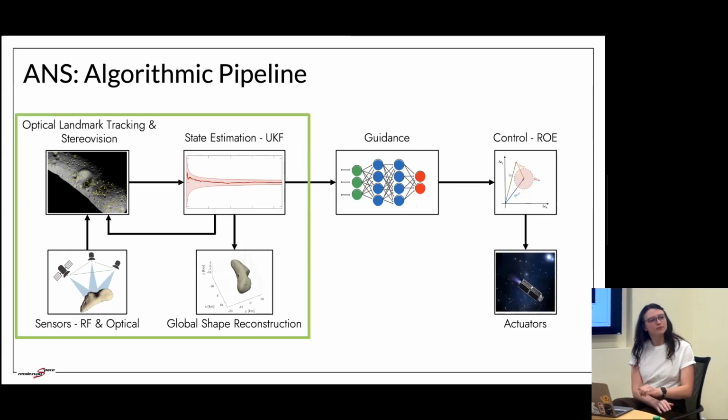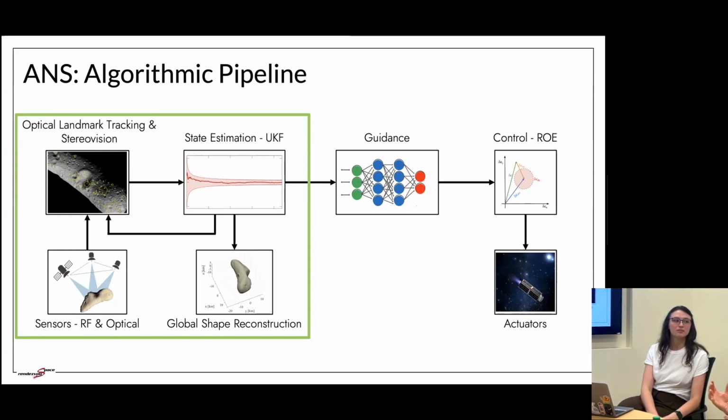Yeah, question for you on the sense, maybe you're going to get into this. What actual information are you sharing? You're sharing the images from each spacecraft with each other, or? So I'll deep dive into the optical landmark tracking and stereo vision and the state estimation, and I will go over what is actually shared between them. But primarily, the images are not shared between all the spacecraft. It is only the landmark positions on Eros. Yeah, because images are expensive to